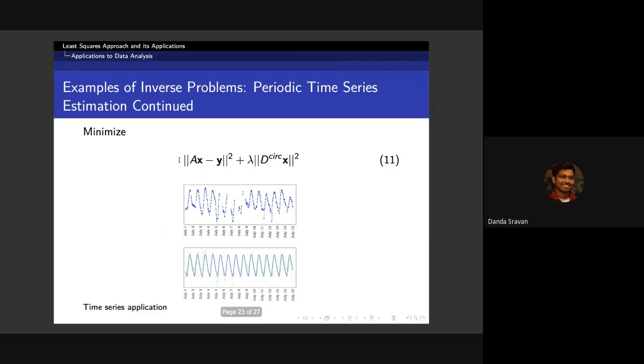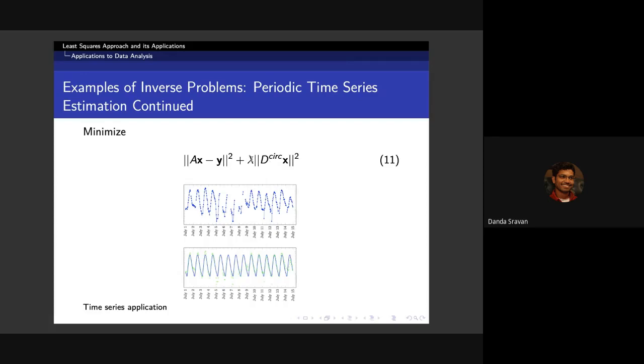So in a way, I'm getting some kind of a trade-off. I penalize this much for the model and weighted times the smoothness. If you want to visualize what happens, if I set lambda equal to 0, that means I don't want any smoothness. All I want is my data to fit my model. In the other extreme case, if I take lambda to be very high, I am penalizing a very large amount on the fact that if my x deviates from being smooth, I have a high cost.